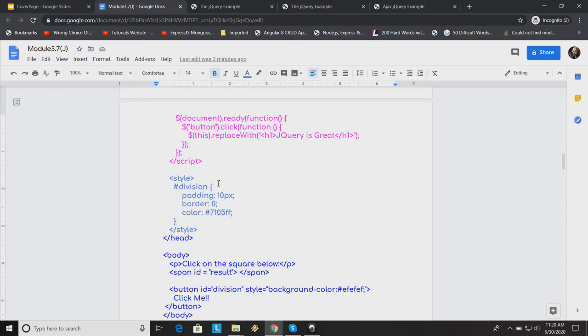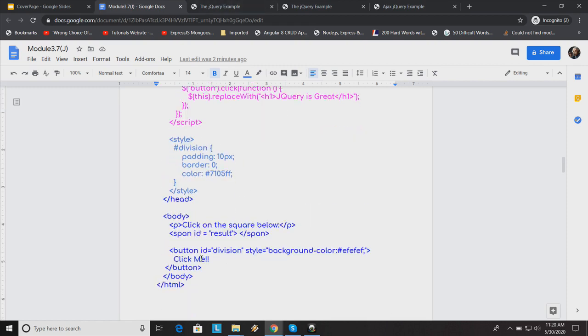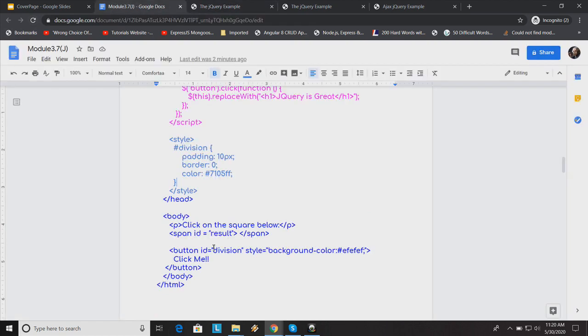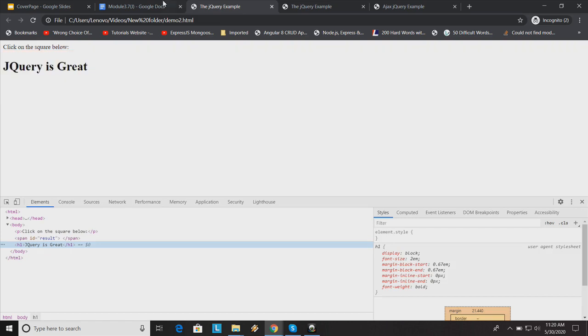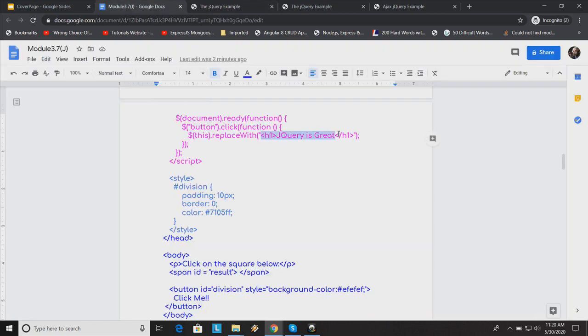I have the button here, that is click me. If I click this, this is the code. Whatever text I'm placing here, that is jQuery script, this text will be appended here. For this demonstration, if I click this, jQuery is created, and if you inspect this, you can see h1. This h1 is coming from this code, which is making this HTML dynamic. That is why it is called Document Object Manipulation.